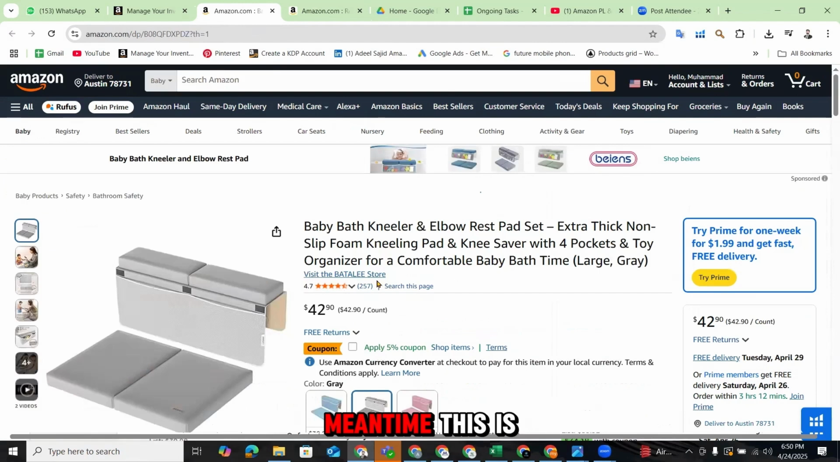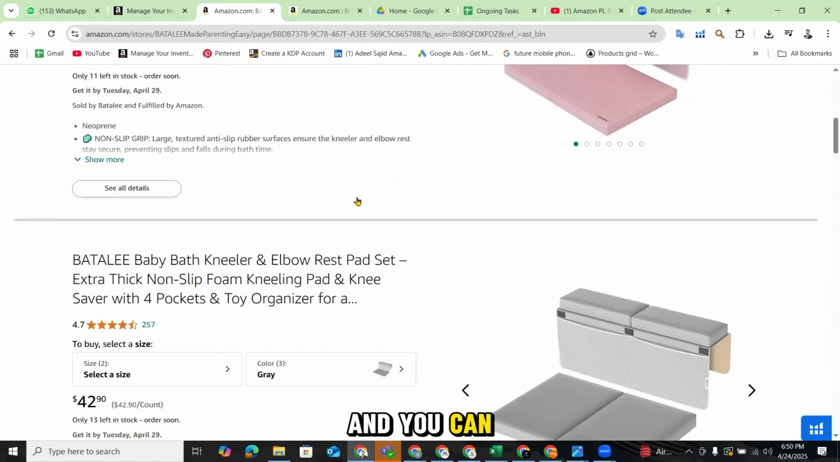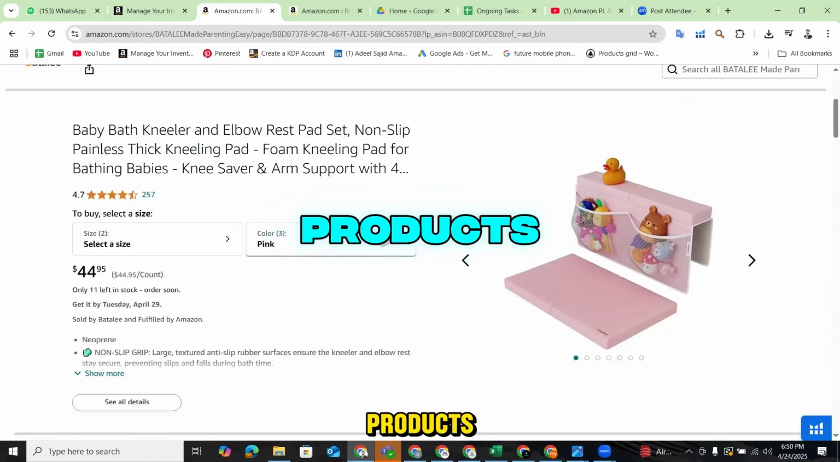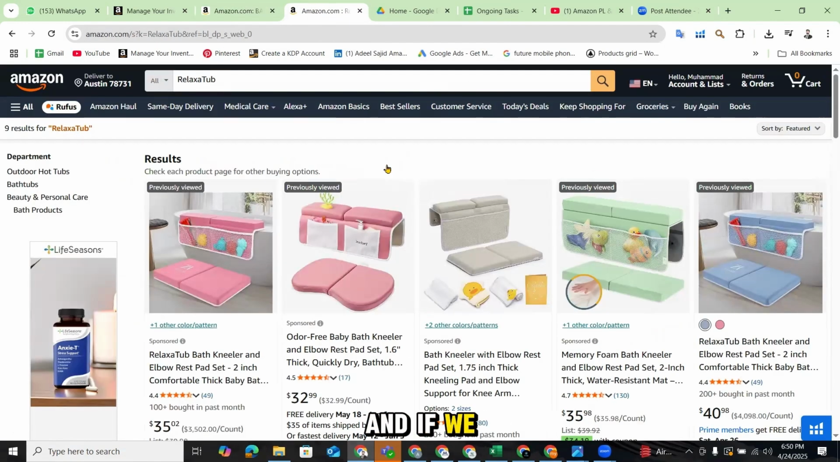In the meantime, this is a seller. If you click here, you will land on the product detail page, and you can now see their products. The brand has the benefit that the buyers stay on its page and can buy and the seller can make some sales. If we compare it with this one, this seller doesn't have any brand and people